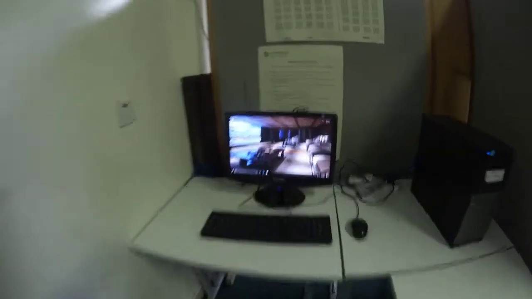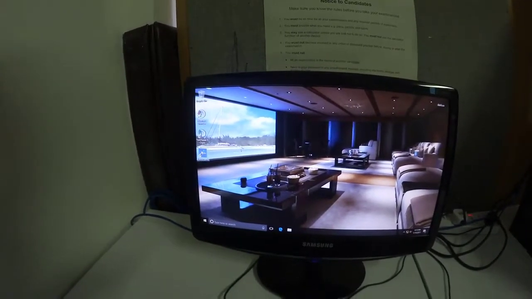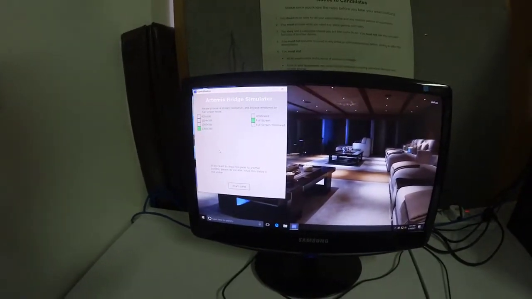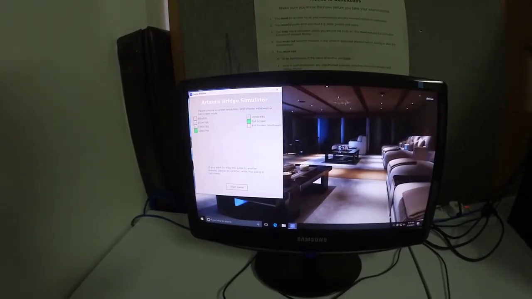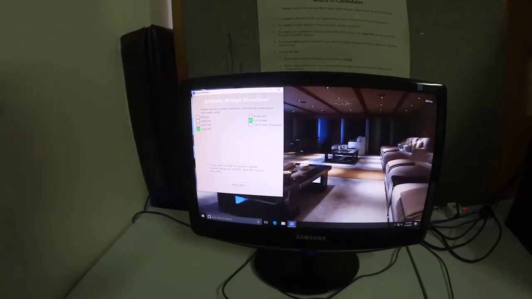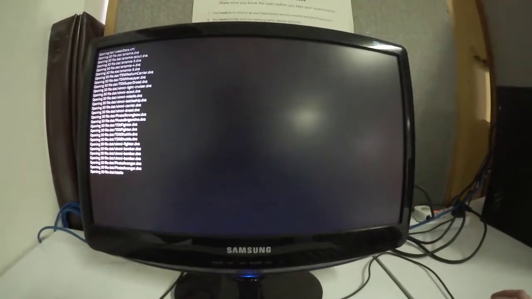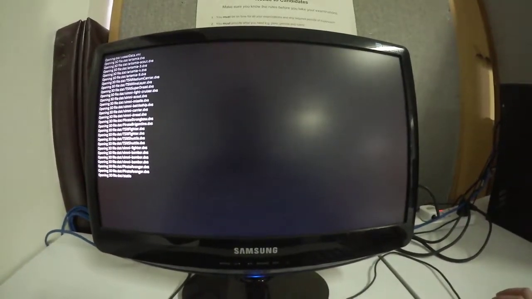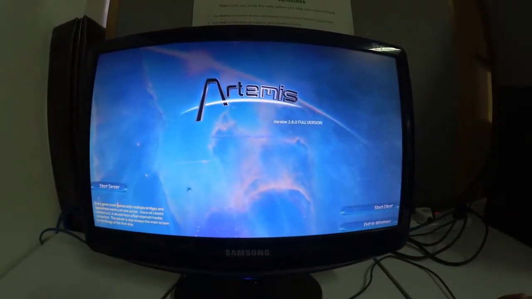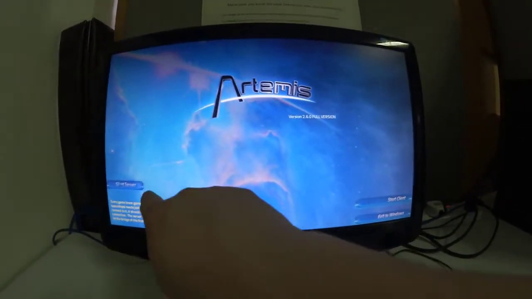To start the server, we launch Artemis by clicking on Play Artemis on the window. Then selecting the last one, so in this case 1366, and full screen, I click Start Game. Once the game is loaded, you'll see the Artemis screen. Click on Start Server on the left,